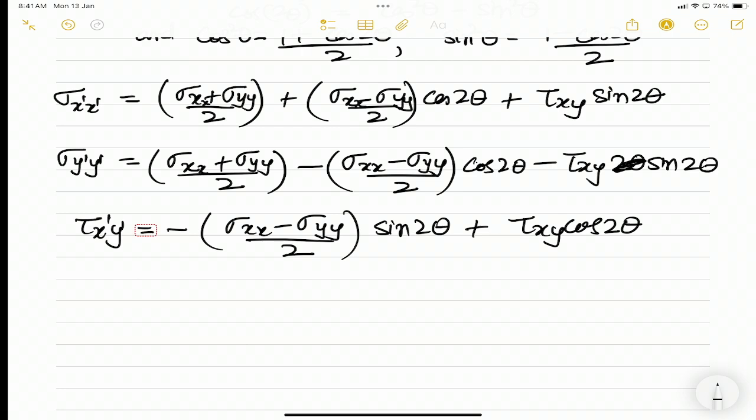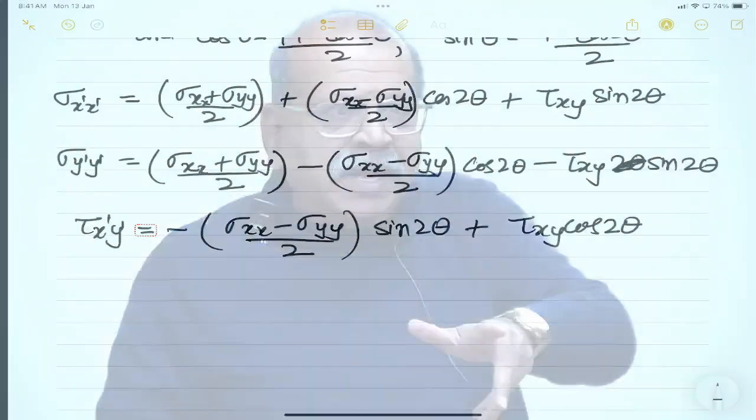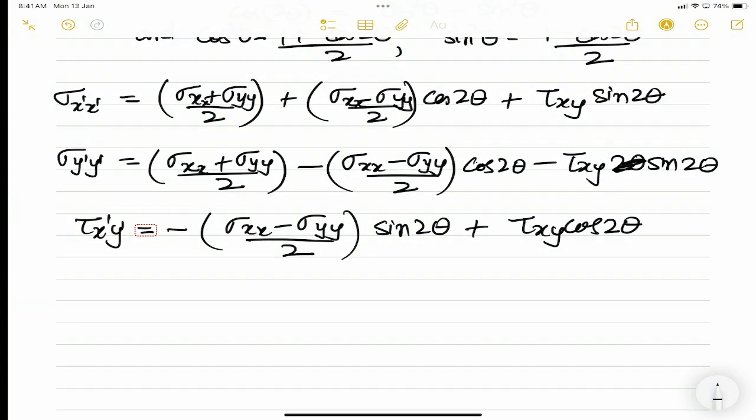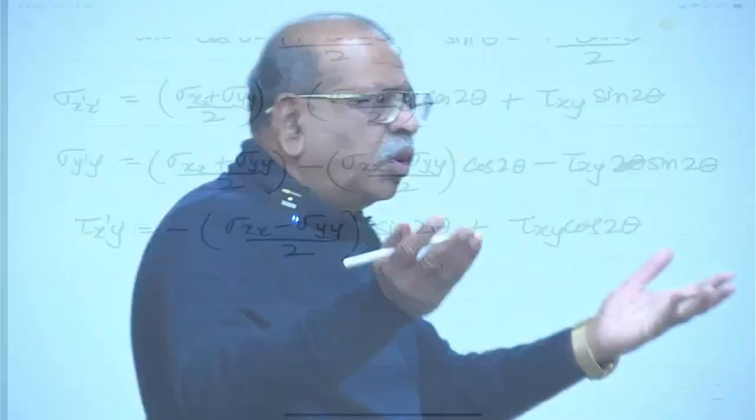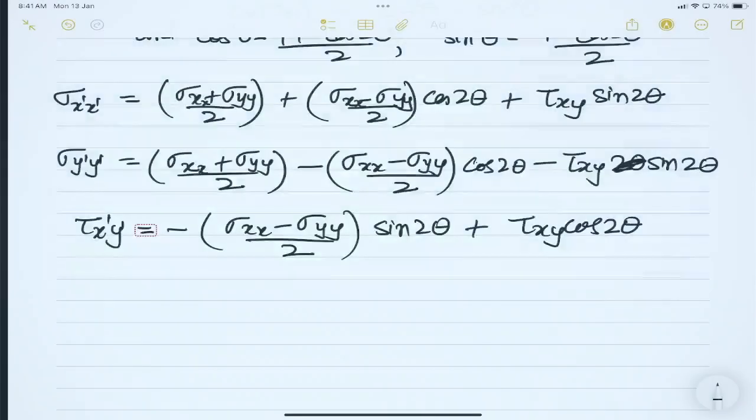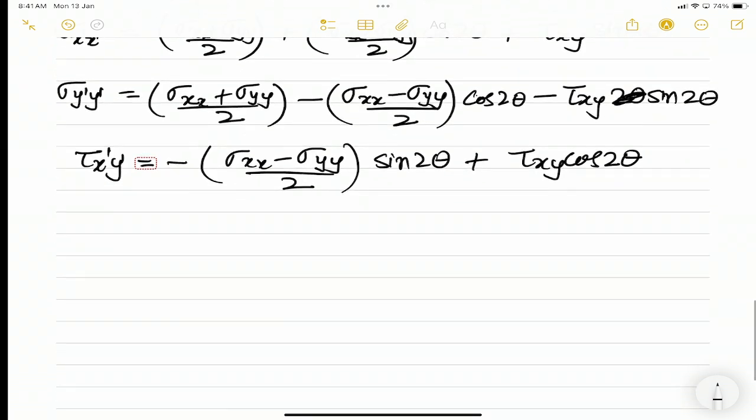So here, given a state of plane stress, if I rotate the axis by an angle theta, I can find the components along x prime y prime by these relations, which are nothing but the expansion of the tensor formula. Now, of course, these relations are sort of cumbersome to remember, but now one thing one realizes is that